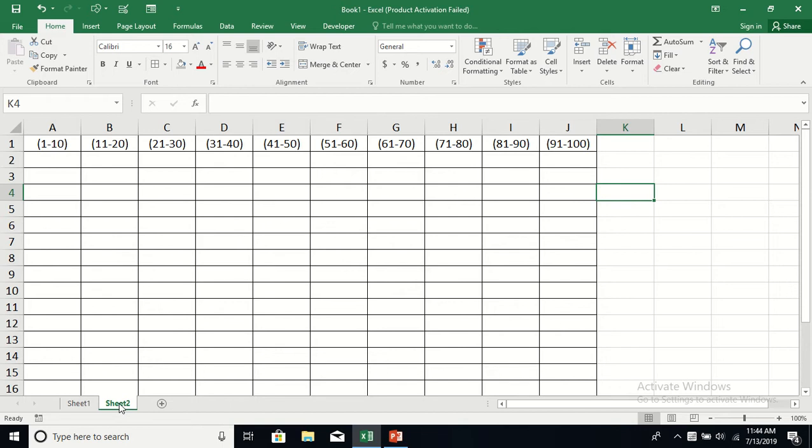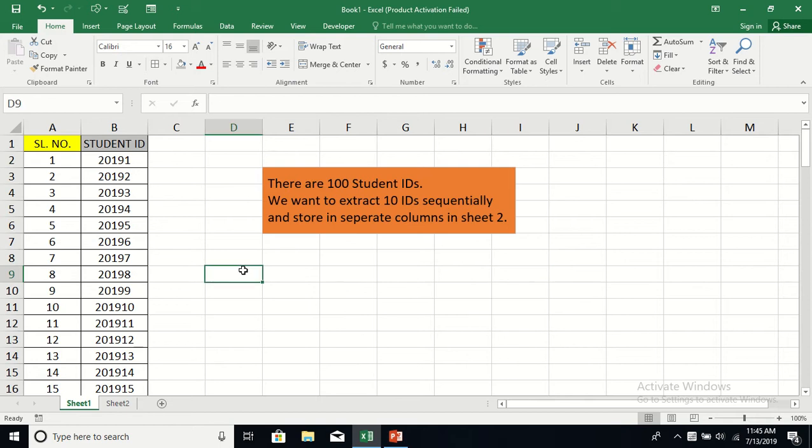So in sheet 2, in column A, we'll store the student IDs from serial number 1 to 10. In column B, we'll store the student IDs having serial number 11 to 20, then 21 to 30, and so forth up to 91 to 100. Okay, so let us check first if truly we have